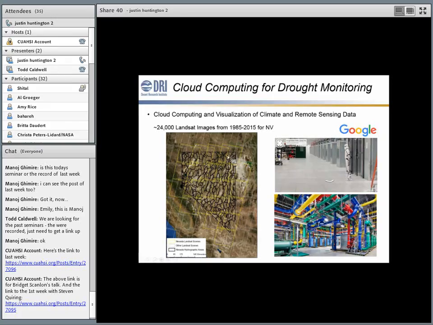Basically, if I wanted to do this for the whole state, I need 24,000 images. That's the collection that exists between Landsat 5, 7, and 8 for Nevada, and we just can't handle that. And so we are relying on Google, who's ingested the full archive of Landsat as well as MODIS, and utilizing